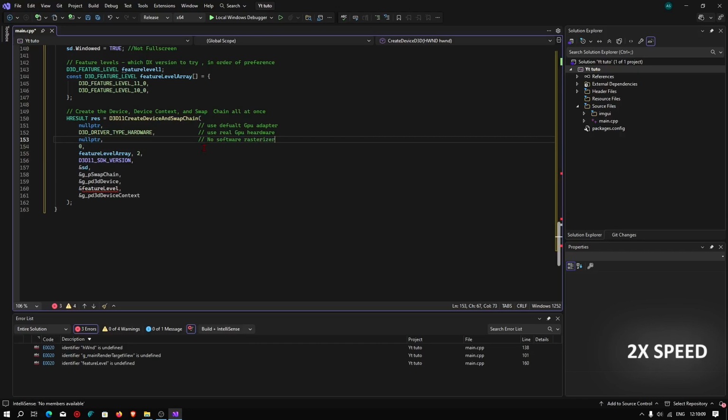Okay, and what this 0 will do is no wait, 1 second, no special flags. All right, and what this does is the feature level list. All right, and what this SDK version does is that it always takes this value. Okay, and sorry,